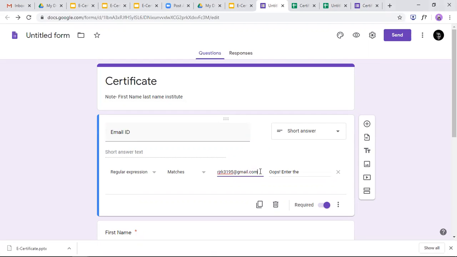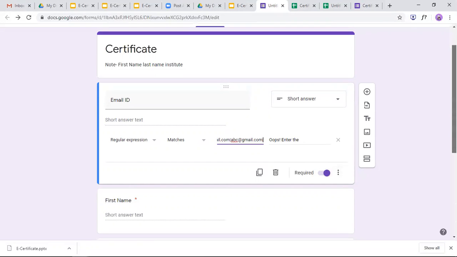I've just put this rjrk3195, my Gmail ID, and ABC at gmail.com.